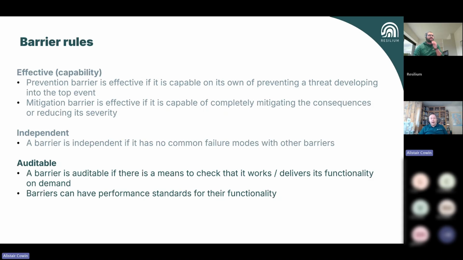I came out of a world where everything was qualified, everything had test evidence. So we had a lot of that stuff around there. It could just be a performance standard. And if we took fire extinguishers, a really common piece of equipment, they come in standard sizes, so you've got a rough idea of the thermal mass that it can manage, and you've got the all-important little pressure indicator on the front, where if the needle's in the green, you have a huge degree of confidence that when I pull the pin and press the handle, that fire extinguisher will discharge and have an effect. So it's all about, have we got evidence that we can go and lay our hands on to say that barrier is providing that effect.